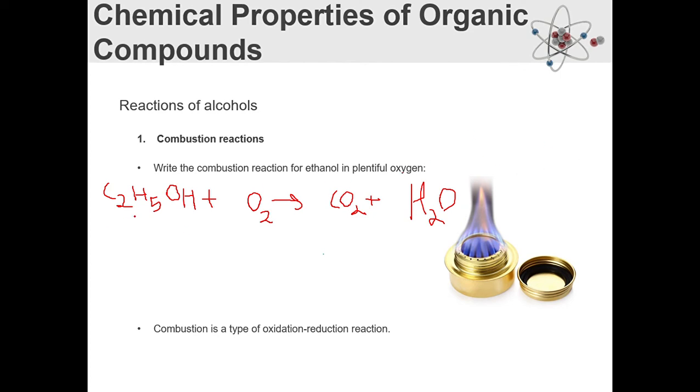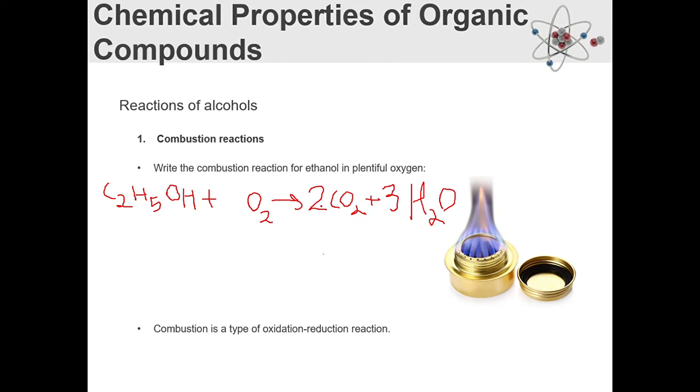Alright, now, first thing as always, what we do is we balance our carbons. So we have 2 here, 1 here. We're going to put a 2 here. Now our carbons are balanced. H5 plus H is 6H. We've got water molecules over this side. So if we've got 6 here, we're going to need 3 here. So this is 3. Now what we need to do is count up our oxygens.